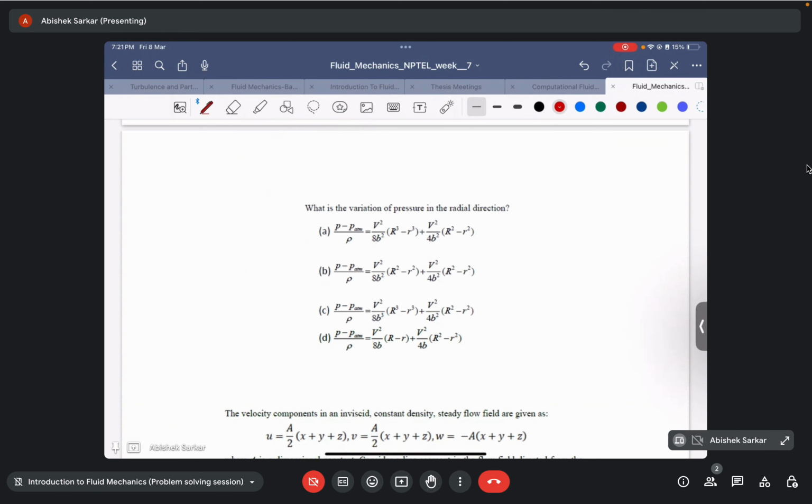And the next question is, what is the variation of pressure in the radial direction? Once pressure comes into the picture, we need to deal with Euler's equation of motion. Since we already know the velocity field along the radial direction, so let us